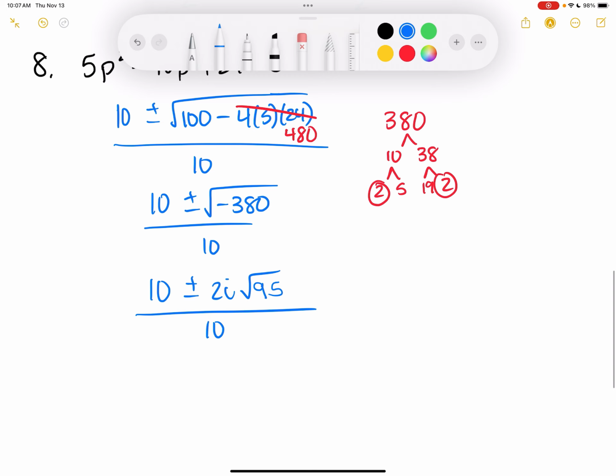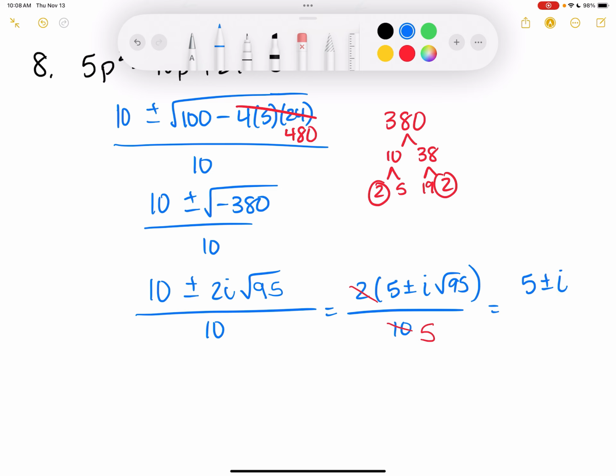All right, so now I'll take out, notice this one's a little bit different because I don't just have a 2 on the bottom. But yes, I'm going to take out the 2. So I have 5 plus or minus i root 95 over 10. Now 2 goes into 10 5 times, so I'm going to end up with 5 plus or minus i root